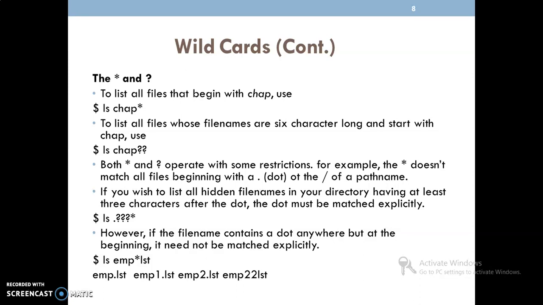Both asterisk and question mark operate with some restrictions, meaning some conditions. The asterisk does not match all the files beginning with a dot, or the root path name, meaning it cannot list the current directory or the parent directory.